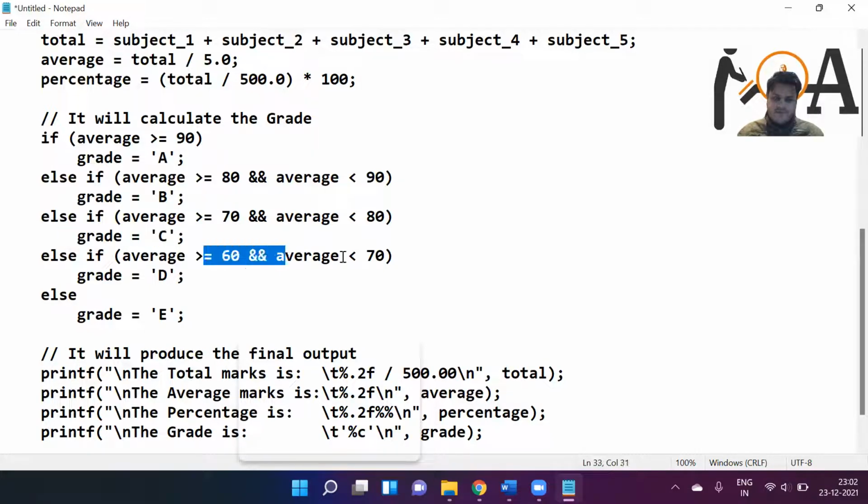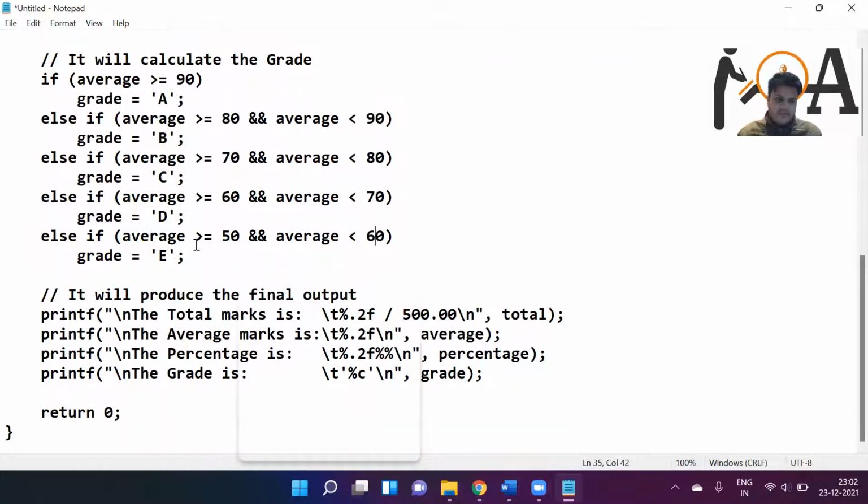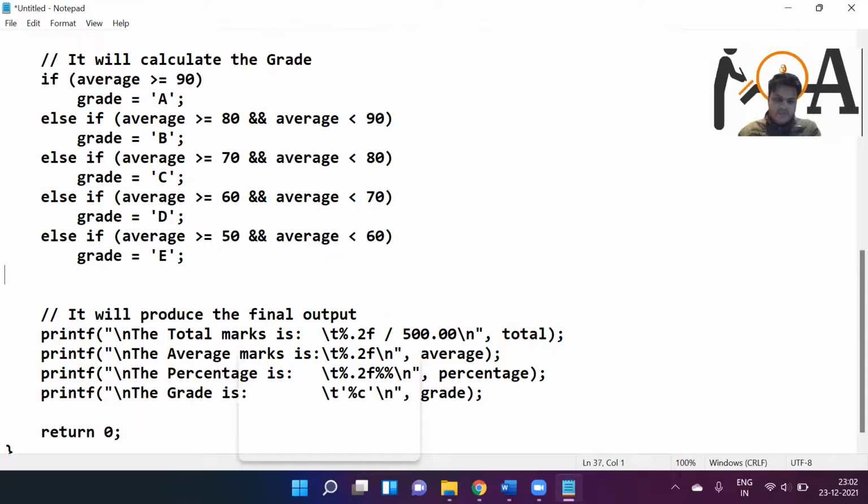Else if average is between 60 and 70, D grade is assigned. Else, if it is less than 60, then we assign E. Or you can add one more else if: average is greater than or equal to 50 but less than 60, then we assign E.